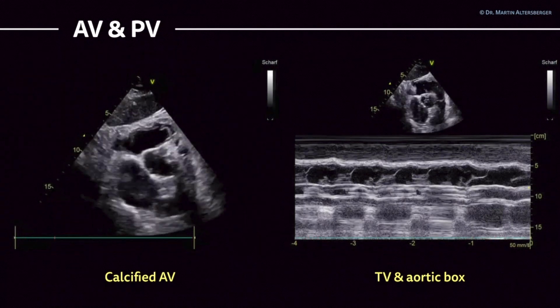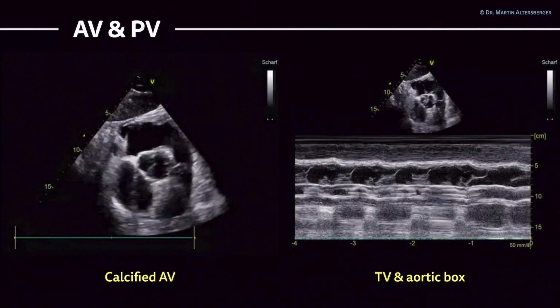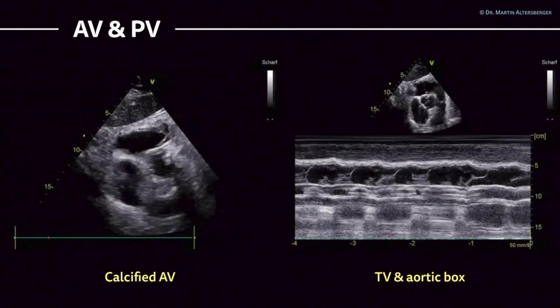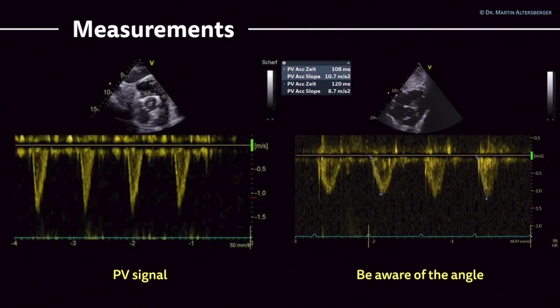So you can even see the aortic box in the center of the image, and you can even visualize the tricuspid valve. So from the subcostal approach, you can do basically what you want. The one important thing you have to be aware of is the angle. So in this case, you want to measure the pulmonary acceleration time and the signal of the RVOT